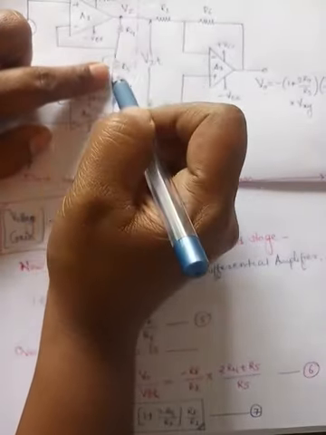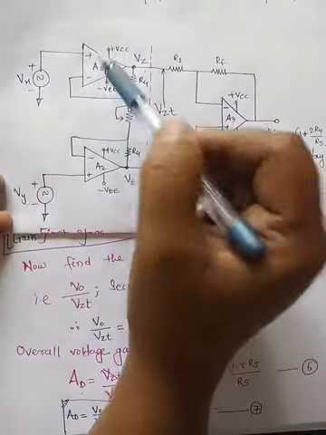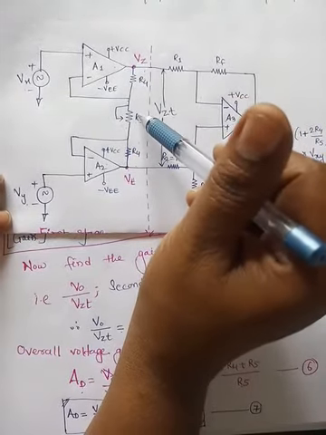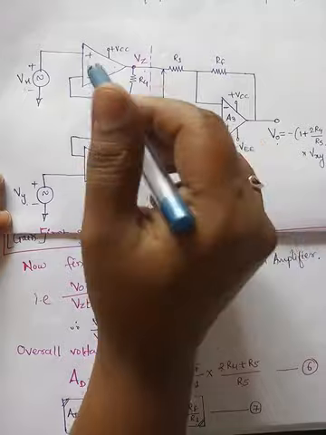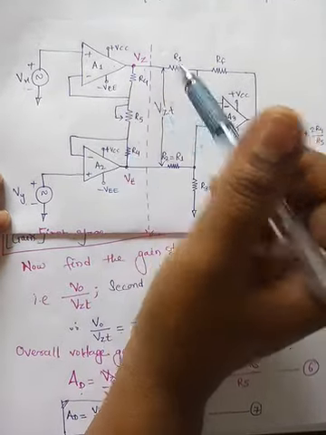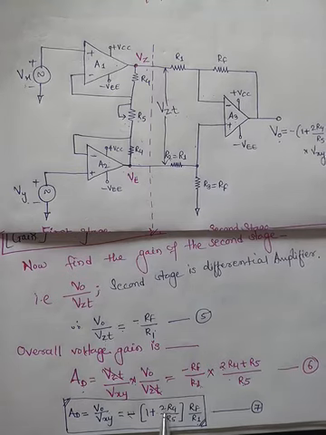So if this is the case, the first stage of the op amp, that is these stages, will become voltage follower stages. It means if we are setting this one to infinity, this will act as a voltage follower. Both the op amps will act as voltage follower here. So we never have to set the R5 resistor to 0 or to infinity. Okay. So this circuit will give us the gain as 1 plus 2R4 by R5 into Rf by R1.